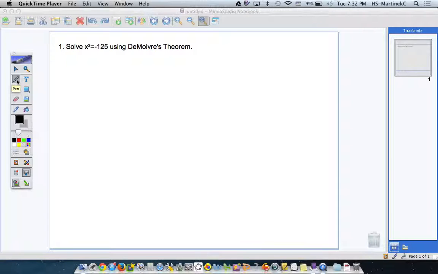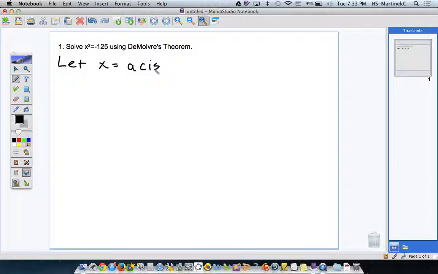DeMoivre's principle to solve equations. We have x cubed equals negative 125i. So first thing we want to do is look at the fact that we could say let x equal little